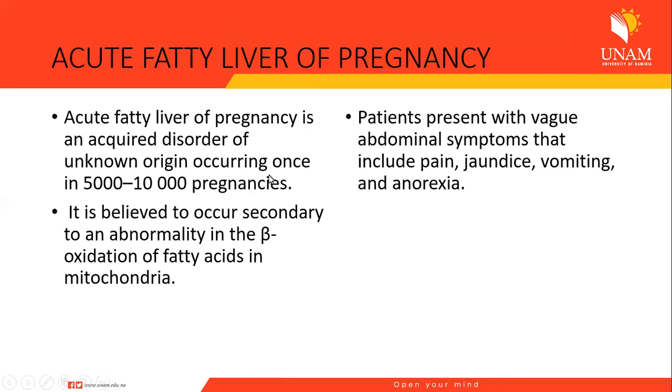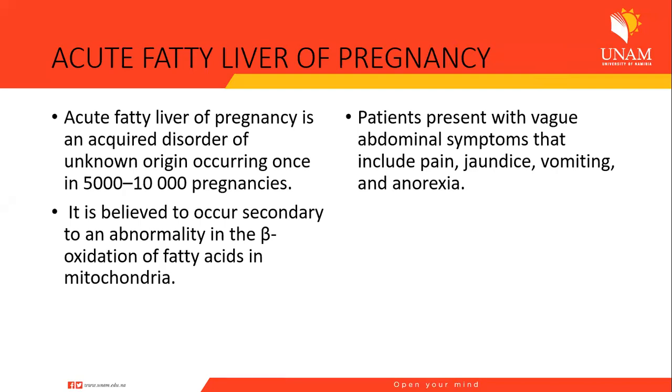So one of the causes of coagulation disorders in pregnancy is acute fatty liver of pregnancy. It's an acquired disorder of unknown origin that occurs in about 1 in 5,000 to 10,000 pregnancies. It is believed to occur as a result of abnormality in the beta oxidation of fatty acids in the mitochondria. Patients present with vague abdominal symptoms, which may include abdominal pain,